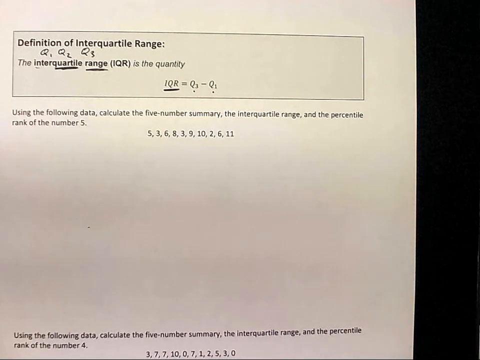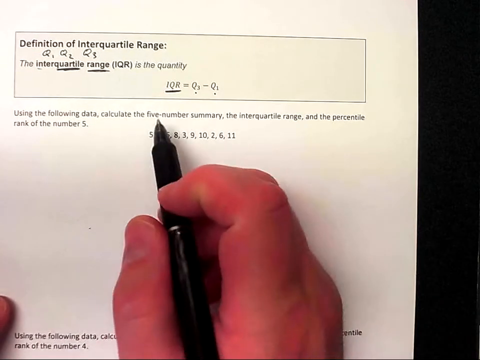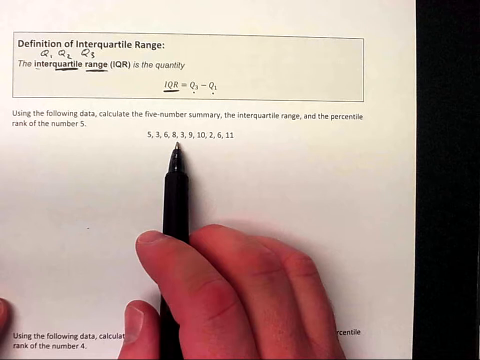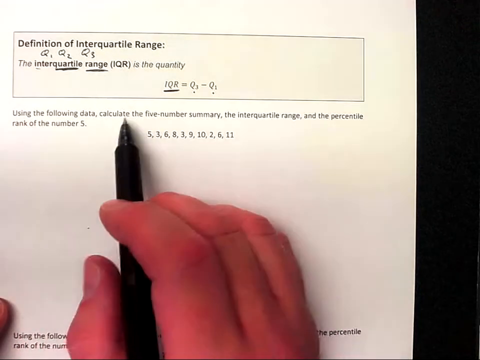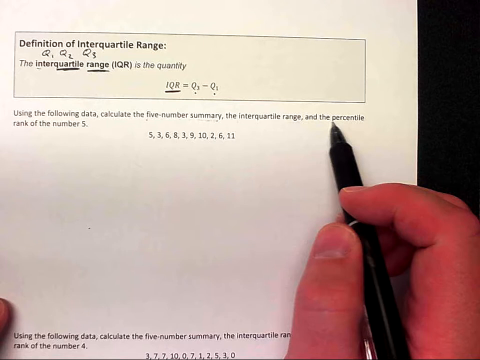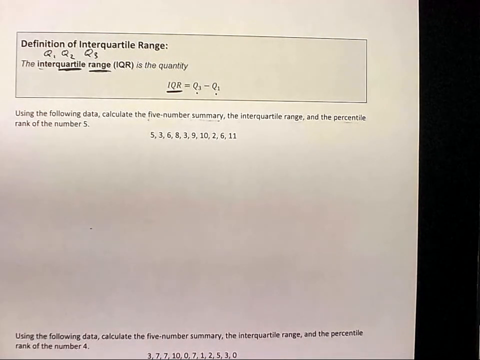All right, so let's try to do those things that we learned last class and also including the interquartile range for this first example right here. It's asking us to calculate out the 5-number summary, the interquartile range, and the percentile rank of the number 5. So,